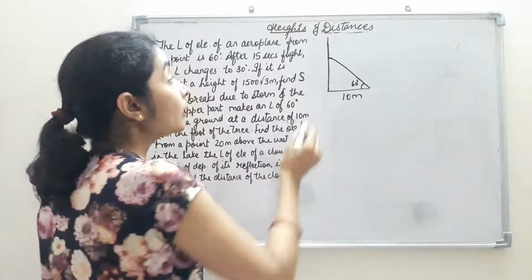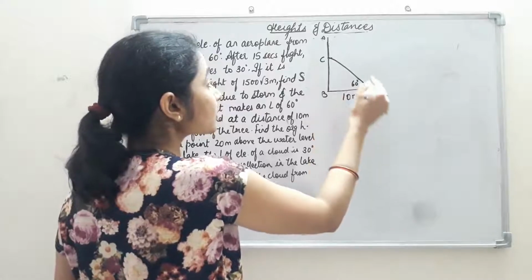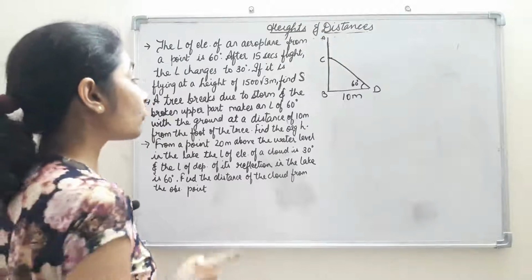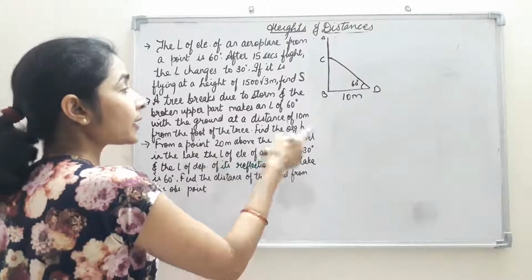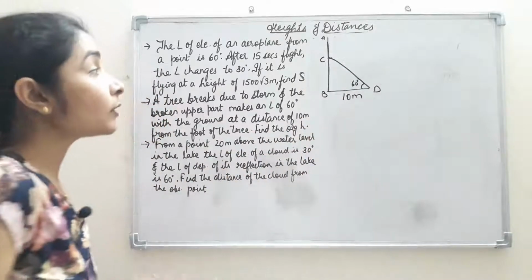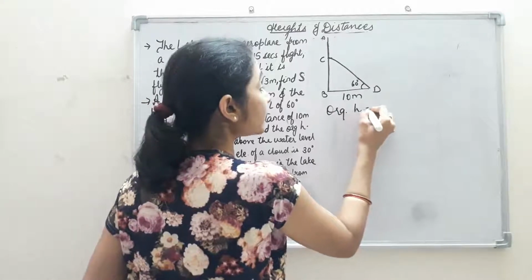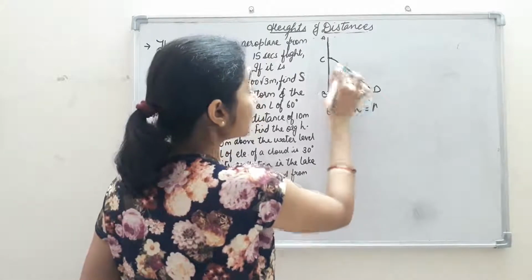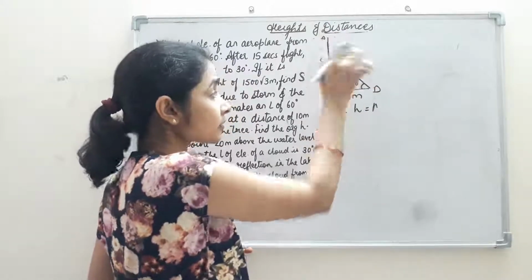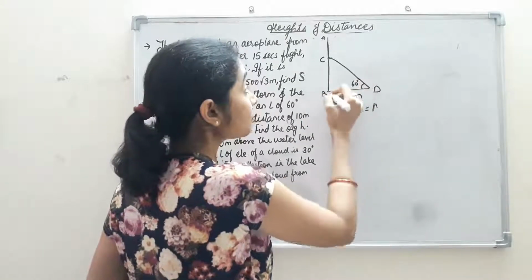So let AB be the height of the tree, broken from C, touching the ground at D. Now we are supposed to find out the original height of the tree. That means we are supposed to find out full AB here. So what will be the height of AB? Original height of the tree. First we'll write original height is equal to CD plus BC, because CD is the broken part, that is AC has turned into CD. So original height is equal to CD plus BC.